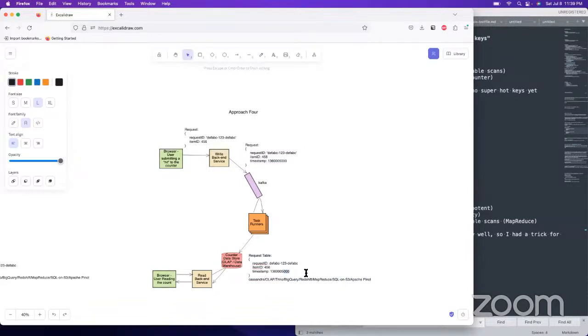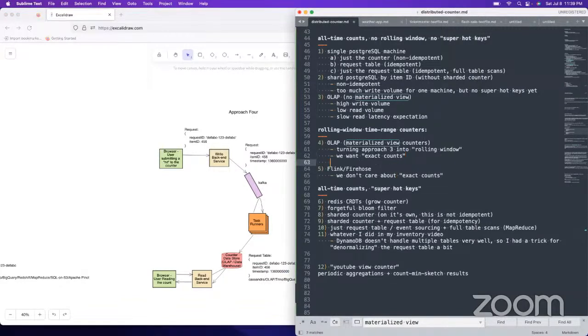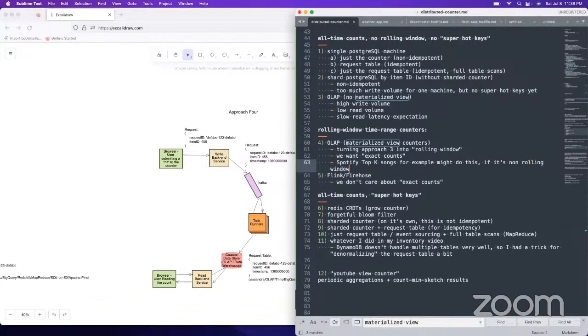I would say this is more of a thing for a top K problem, for example, like Spotify top K songs. Or even if you did have a rolling window, you could rerun a request for the last hour every 5 minutes.